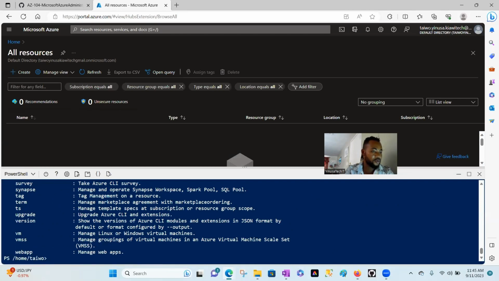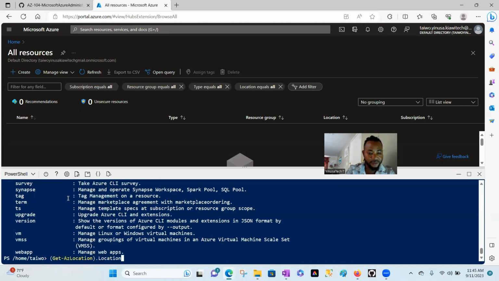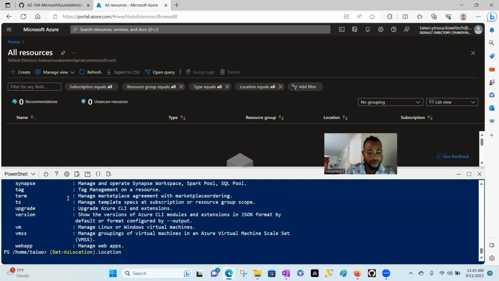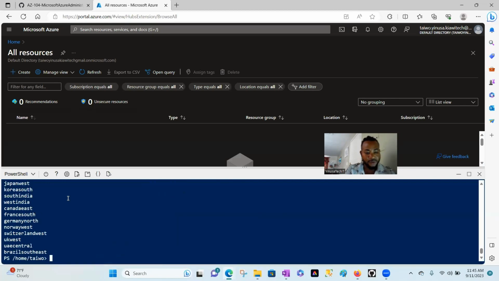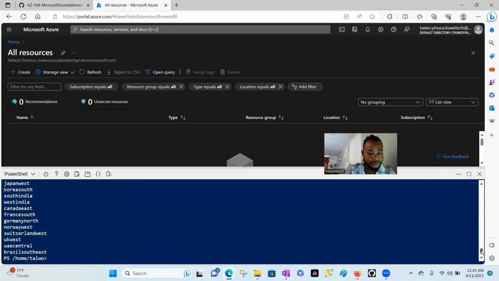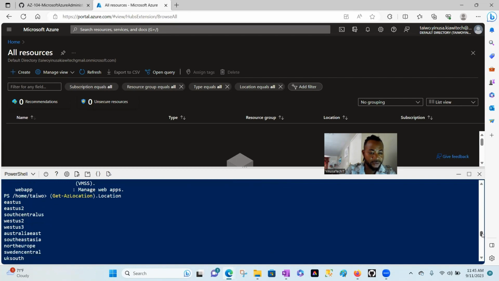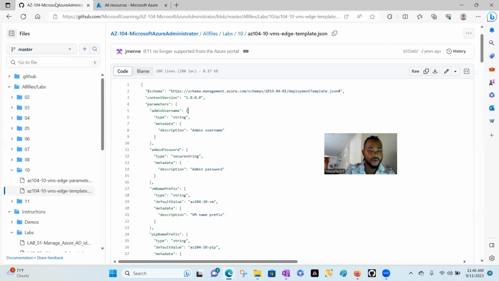First thing, you want to see all the Azure locations. In order for us to do that, you have to run this command. Run this command to check all the available Azure locations. These are all the available locations. See all of them? So we can choose any one you need here. So the first one right here on the question